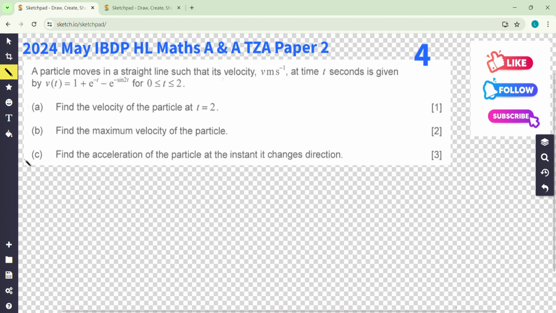Okay, it's about kinematics, about the given velocity function. First, find the velocity at time t equals 2. Very easy, just substitution and then calculation time. You can use the calculator, but write down the